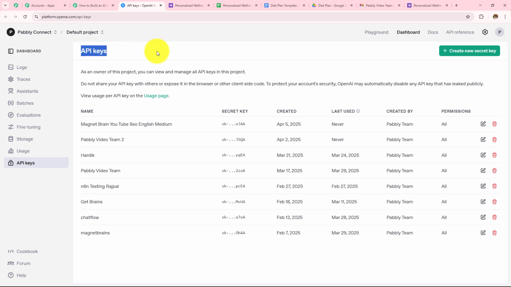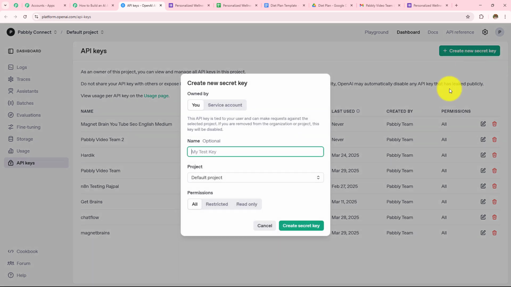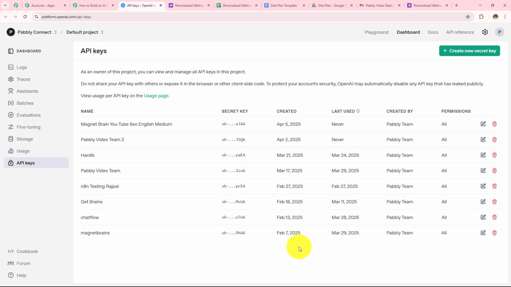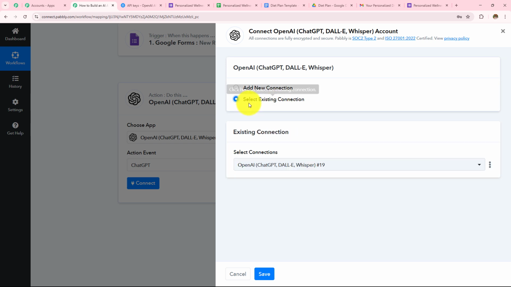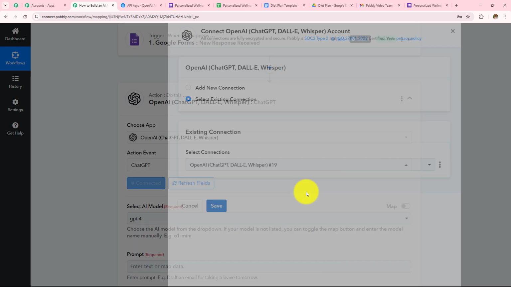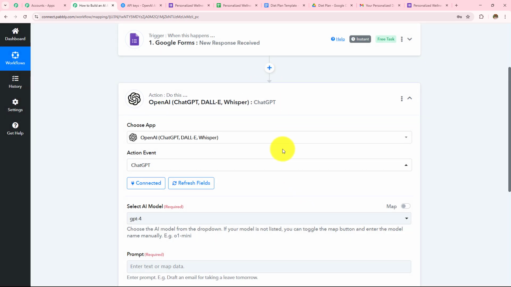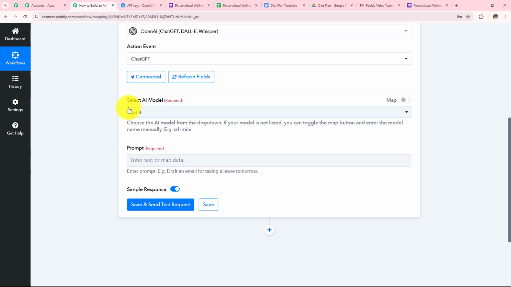So here I have to create a new API key, and for that I'm going to click on this create new secret key. So first we have to name this key. So let's say the name of this key is test. The project will be default, project permissions will be all, and then we simply have to click on this create secret key. A new API token will be provided to you, which you can copy and paste that over here in this field. Now as I have already an existing connection, I'm going to select the existing connection and then click on the save. So here OpenAI is connected with Pabbly Connect, and now I have to enter these details,